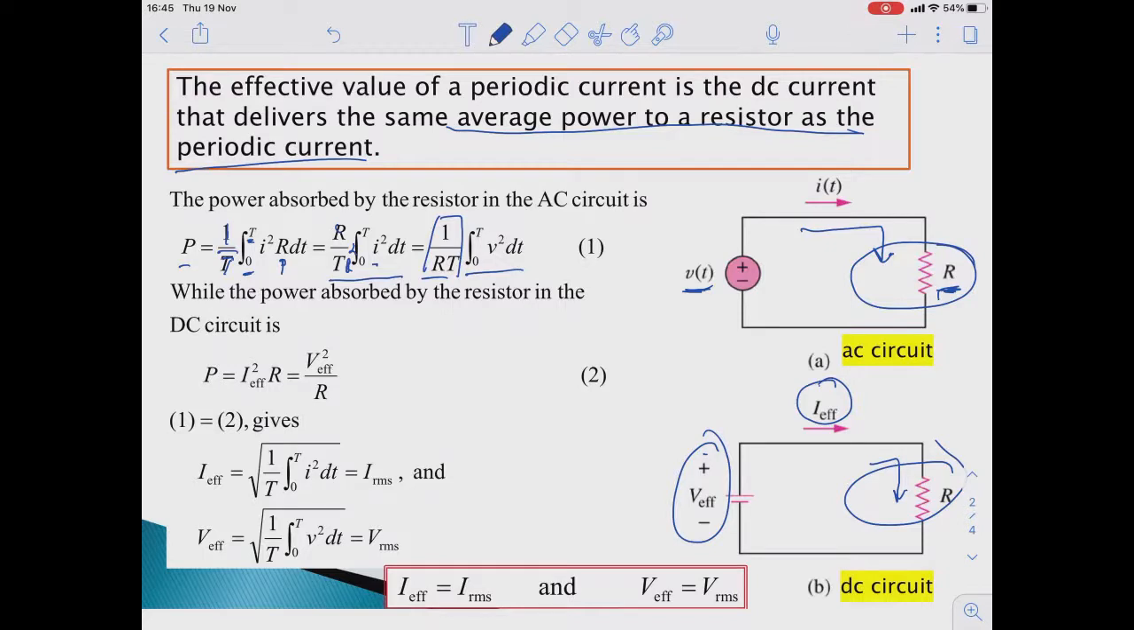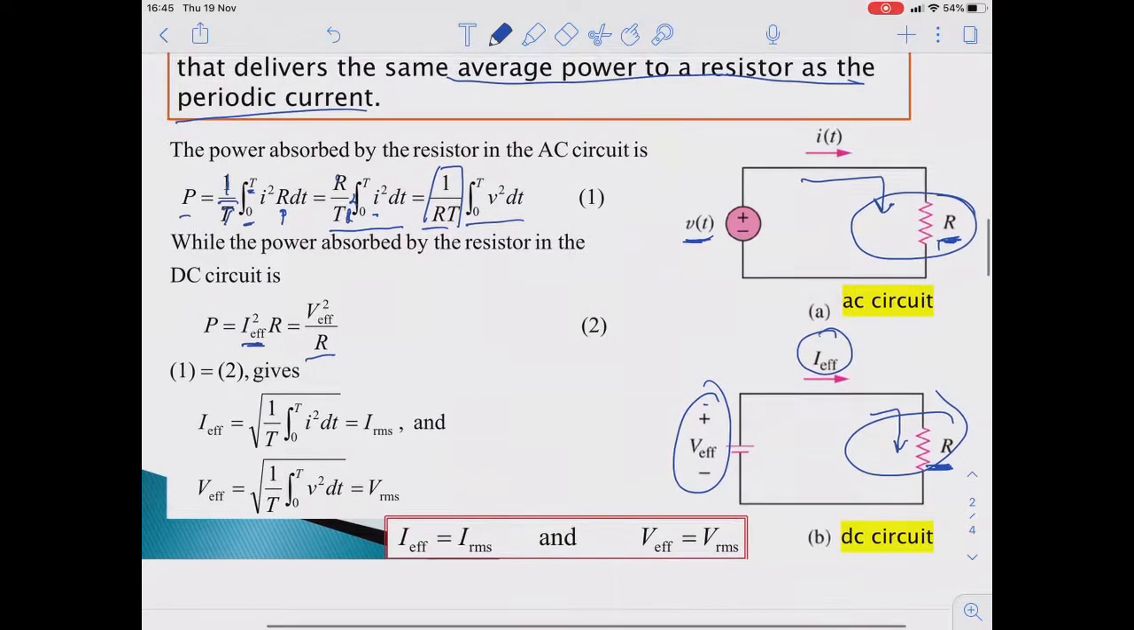And then take a look at the DC circuit. For a DC circuit, we know that power P is equal to I square R or V square over R. So for this one, P is I effective square multiplied by R, and P also equals V effective square divided by R. And since we aim at this P AC must be equal to